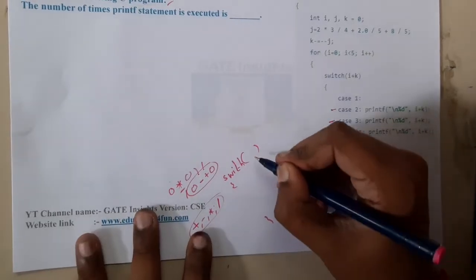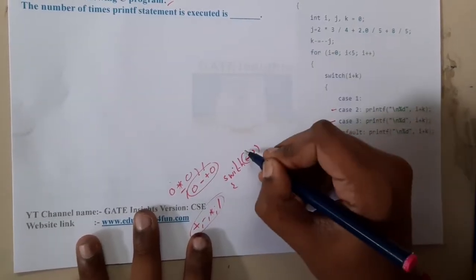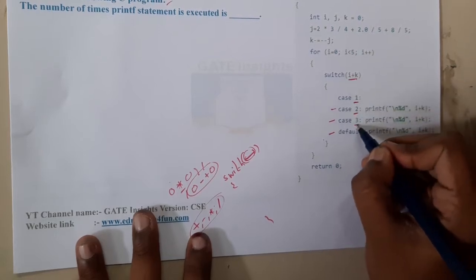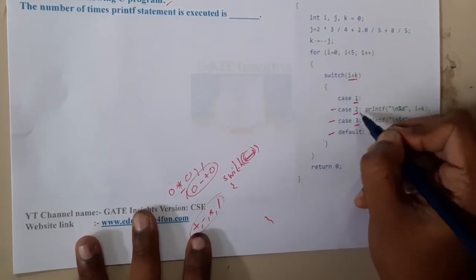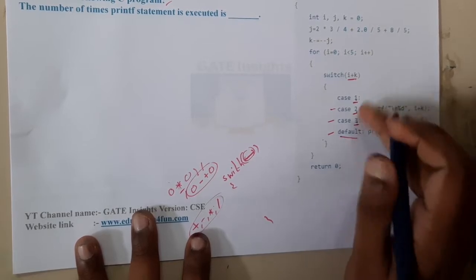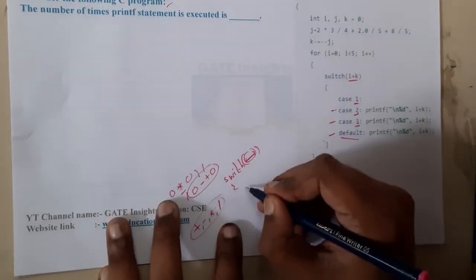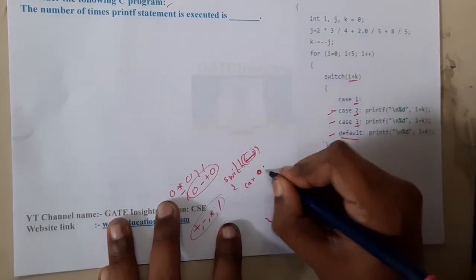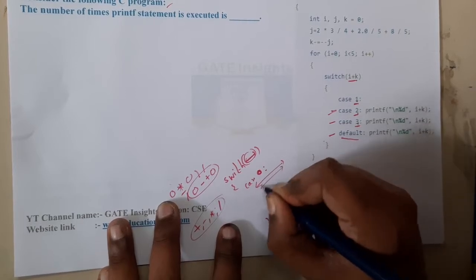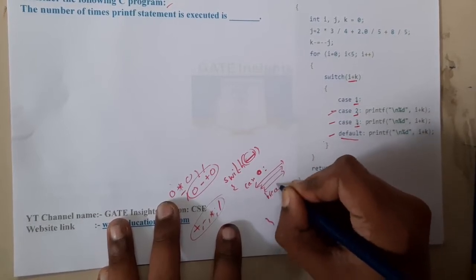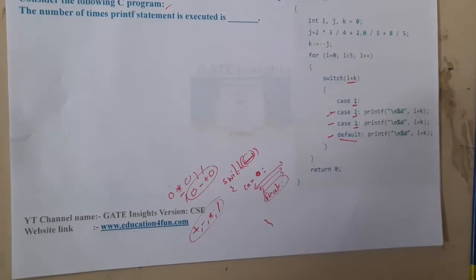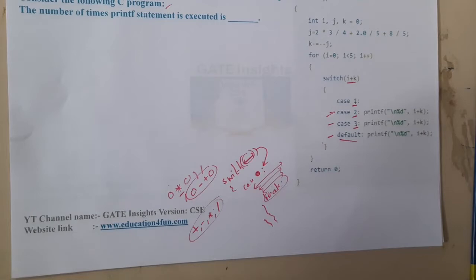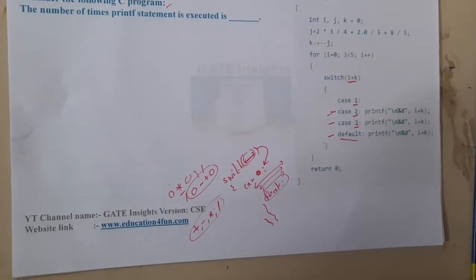How exactly does switch case look? Inside switch you will have an option, this is the value. Here, what is i plus k? That might be 1, 2, or 3. If it is not 1, not 2, and not 3, then you will execute the default case. Got the structure, right? The structure is case, the value or the key, colon, the execution steps, and at the end you should write break guys. The main reason we write break is that the statements have been executed, so there is no need to check the next statement. That is what we are saying with the help of break.